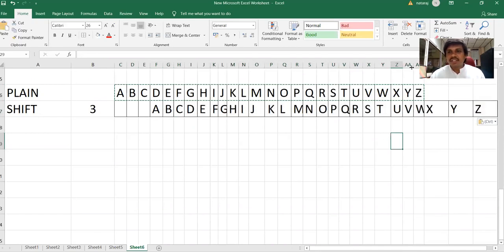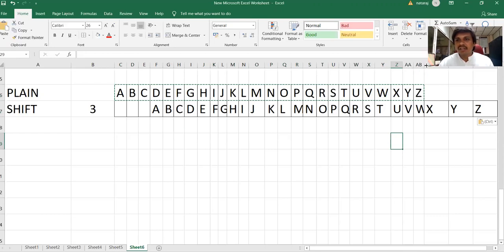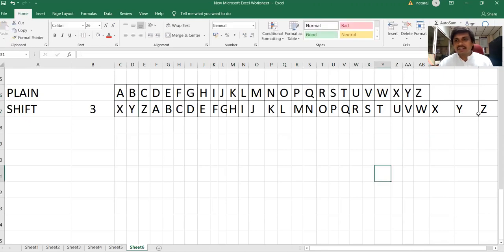Since the end positions are left over, W, X, Y, Z will wrap around: X will be A, Y will be B, and Z will be C. Cyclic. There are 26 alphabets, and these alphabets were shifted 3 times towards right.